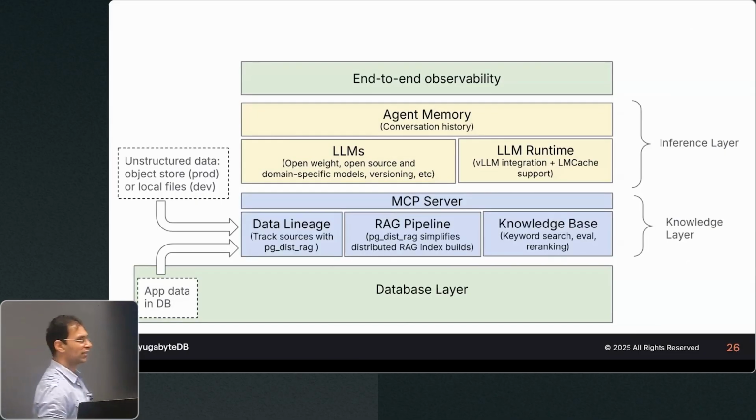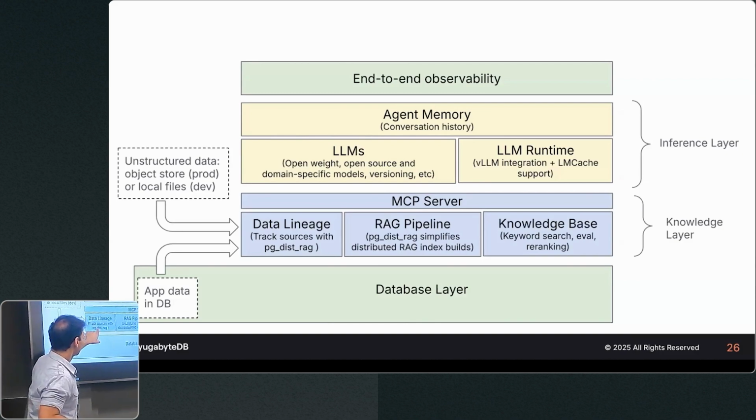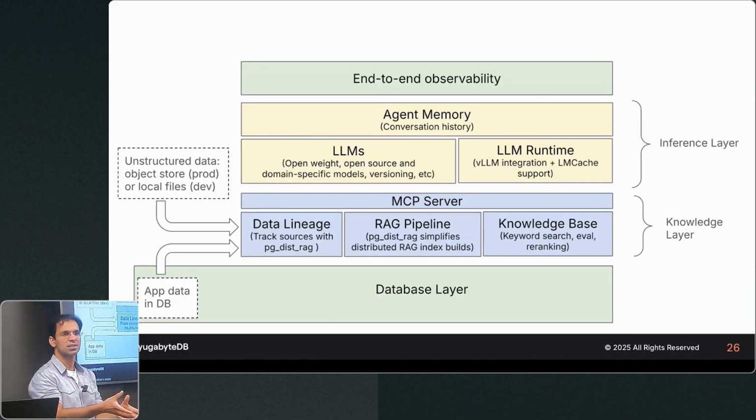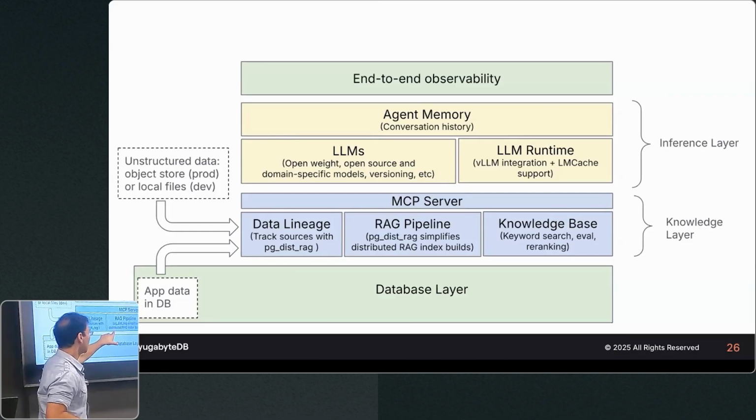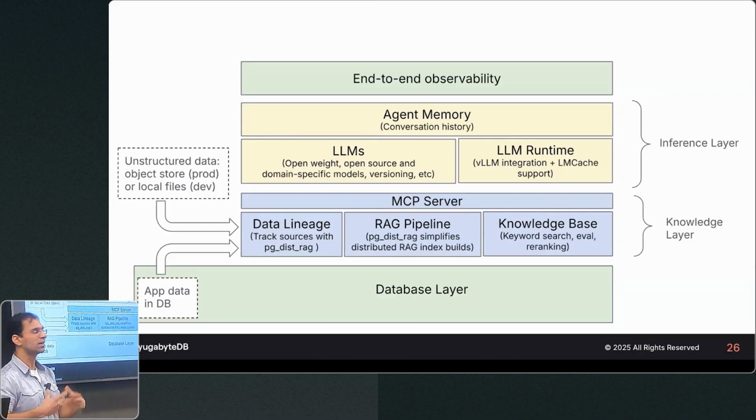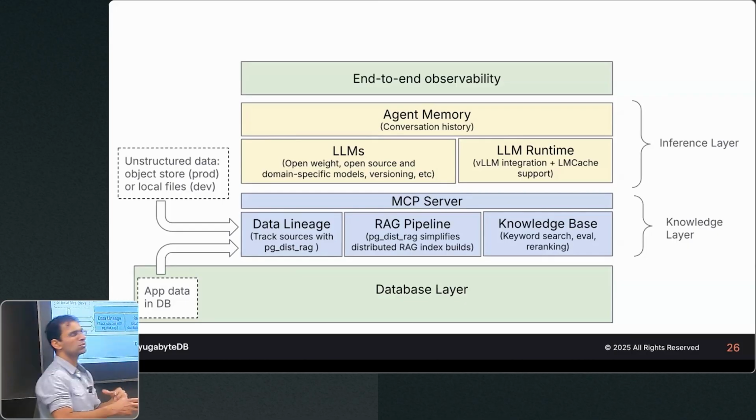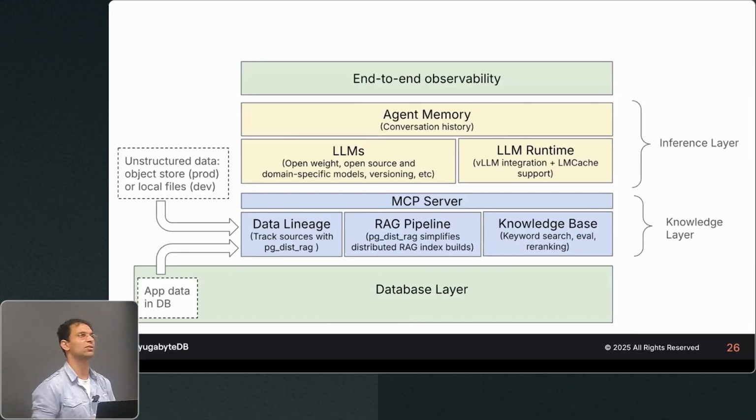Second is the knowledge layer. You deal with MCP server, your sources of data, tracking them, understanding what really goes into the system, so you know what comes out is only as good as what goes in. So you're able to track it, be able to index it in time, really quickly, in real time, and do some improvement of the quality of data